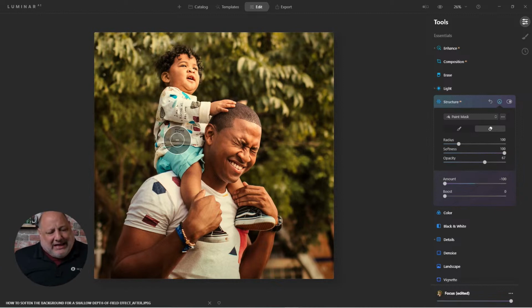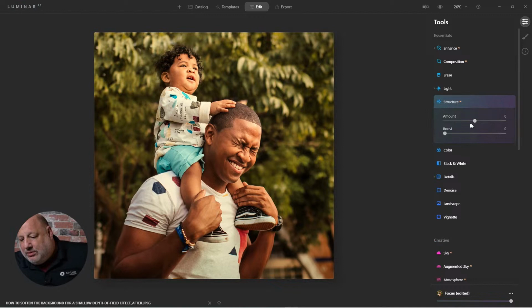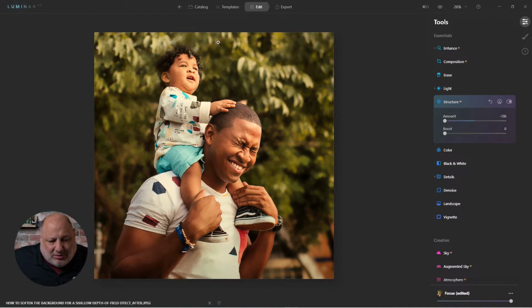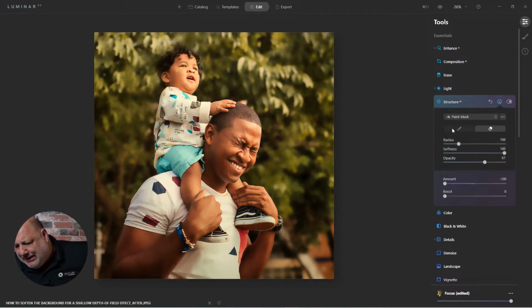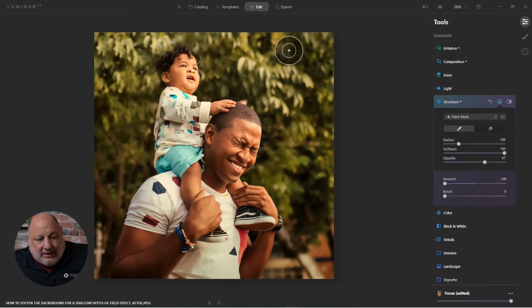Now, I have a feeling I know what's happening here. I have the beta version installed alongside the actual version of this. So the beta version may be kicking in. So I'm going to try it one more time. I'll hit Reset. So you get the idea. There's that blur. This time, what I'm going to do is let me try painting the effect in. I'm going to paint the effect into the background. Yep. So, just as I suspected,